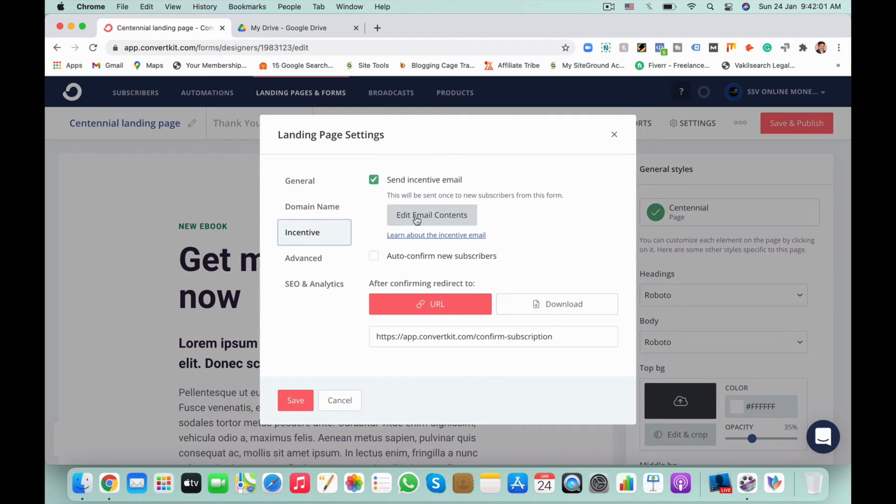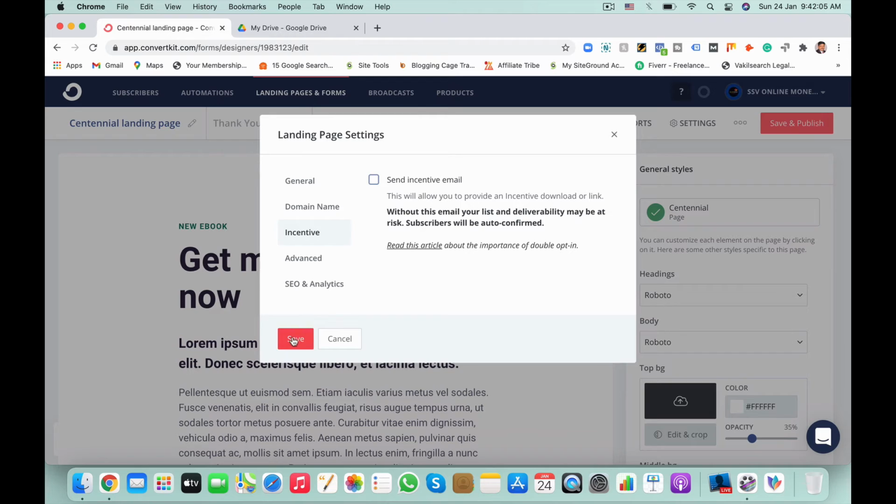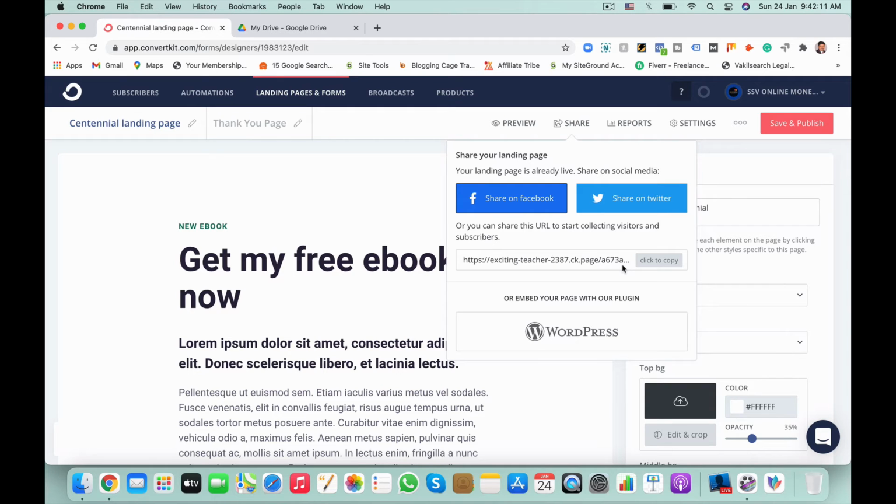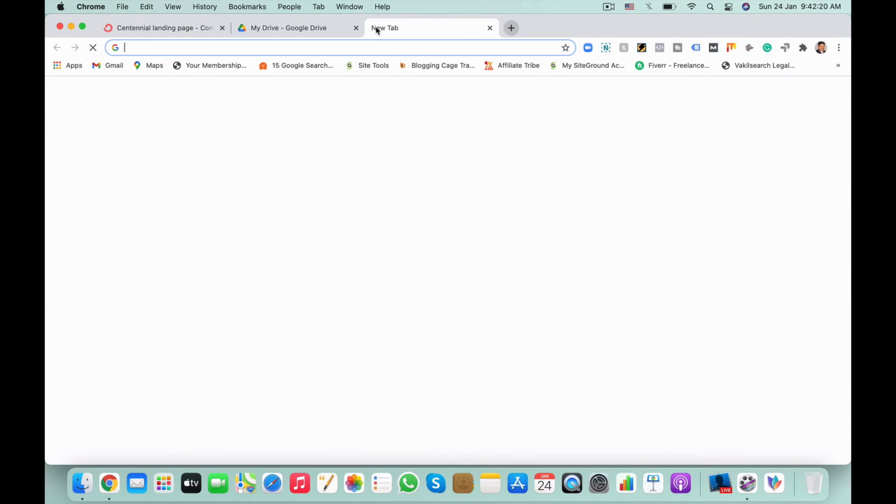So we don't need to send the incentive email. You can uncheck that and save. That's it. After that, we go to share. This is the URL of the ConvertKit landing page. Copy this and you can test it.